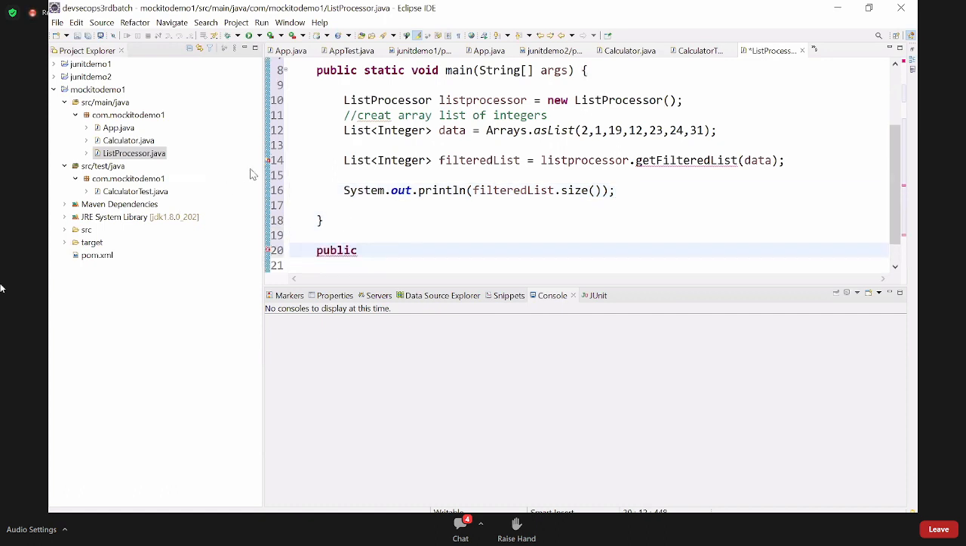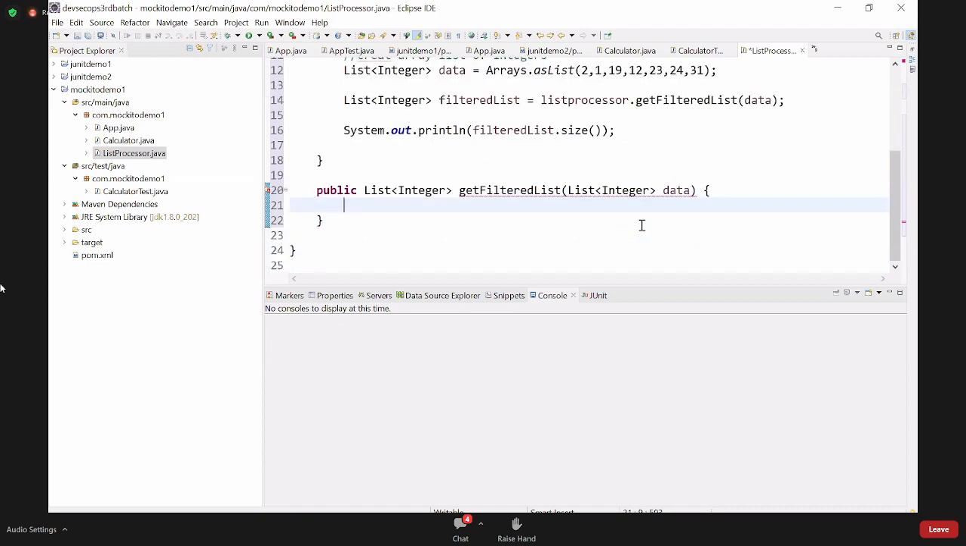So public, what I'm doing here is get a filtered list of list integer data. Okay. So I'll just say like this, list integer filtered list is equal to new array list